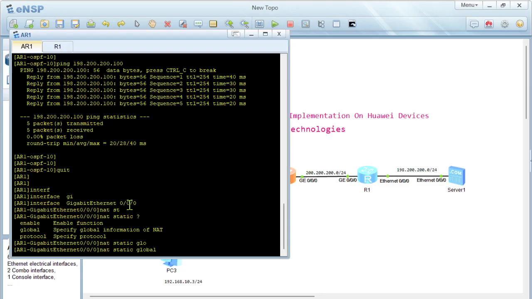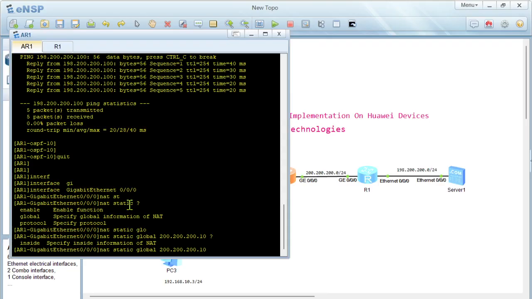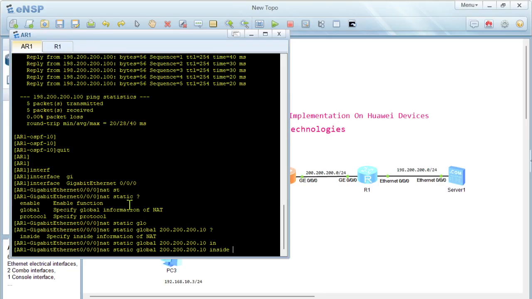So with the global IP, we assign a public IP that will be used for this host. So we start with 200.200.200. We've configured .1.2 between IR1 and R1. So I can configure maybe, let me say .10. And then you can always use a question mark. You need to specify the inside IP. So the inside IP will be